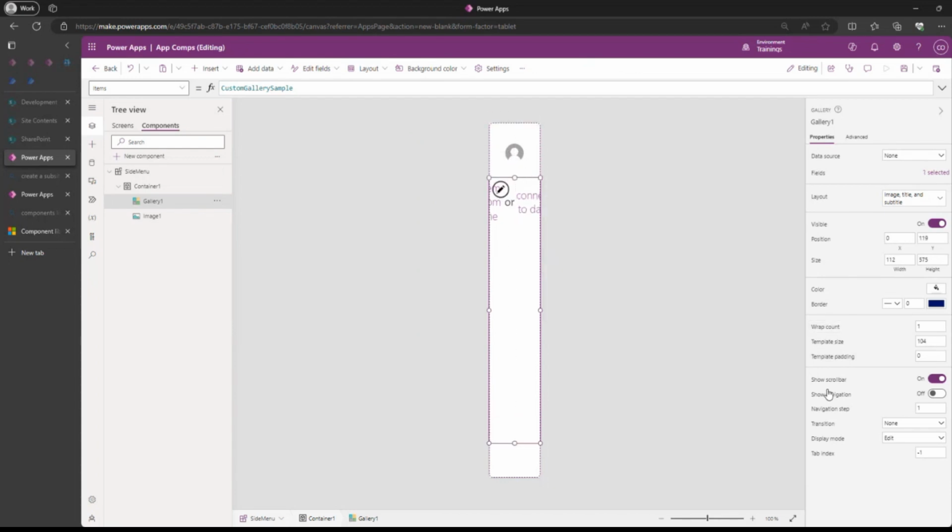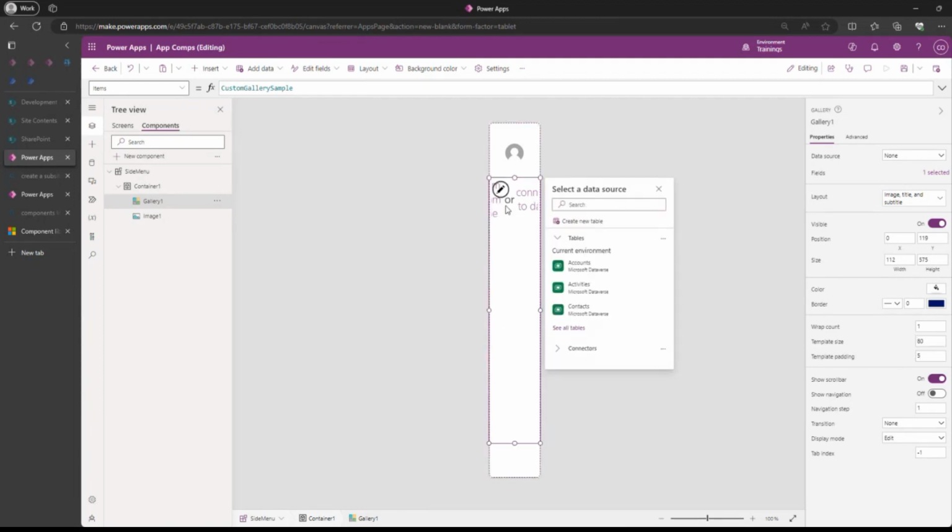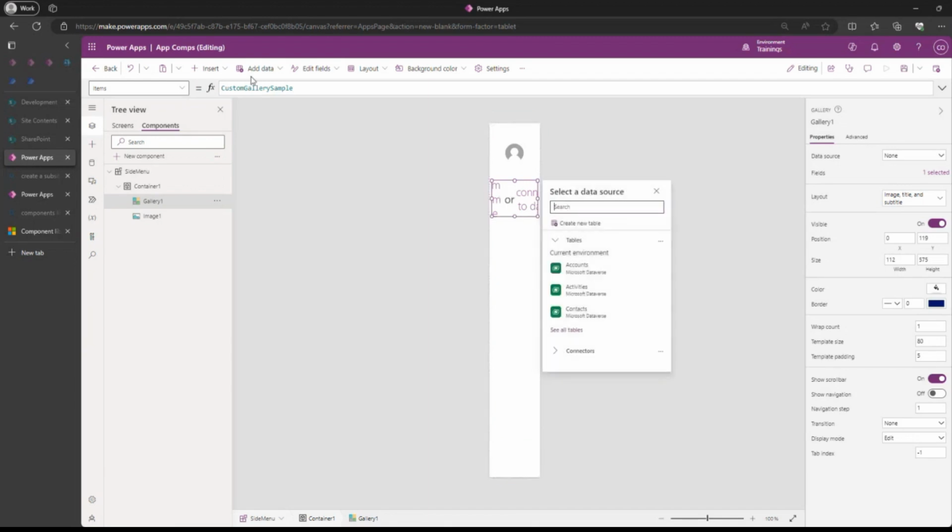and by the right, I will check the template size. I will change this to maybe 80, and then template pattern I can put it 10 or 5. I think 5 should be fine for me. And here I'm going to now insert. I'm not going to put data yet, but here I'm going to now insert